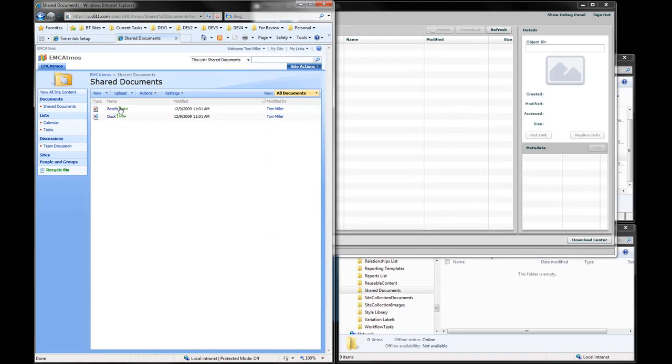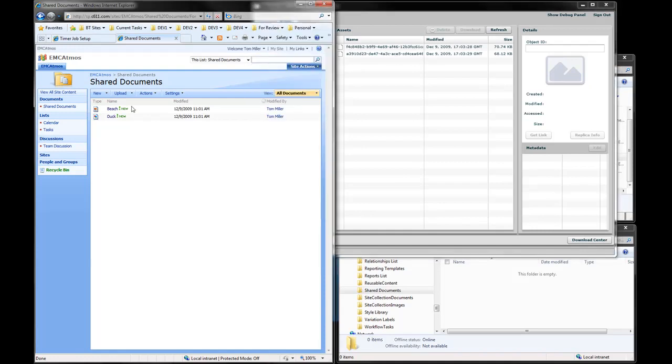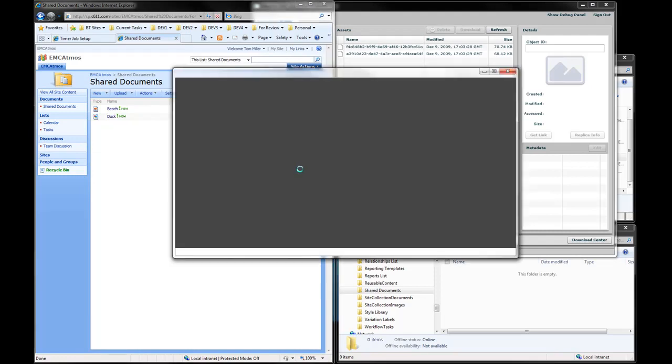So I can see I have two new documents in my document library. If I go over to my cloud application and click refresh, I also have two documents available to me as well. I can also work within Office applications or using the native Office integration, and there's no impact to the